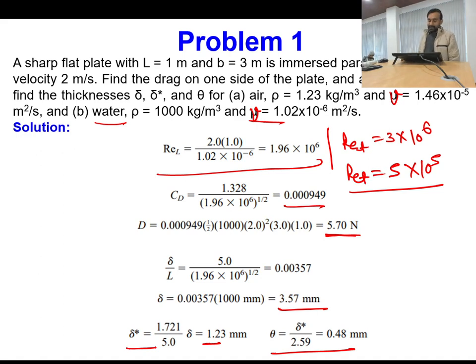Okay, so you try by your own. I will not do this. Fine. The same question can also be done if I set my transition limit as 5 into 10 to the power 5. Then you have to choose the value of CD